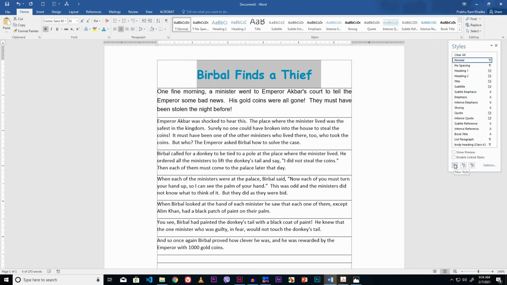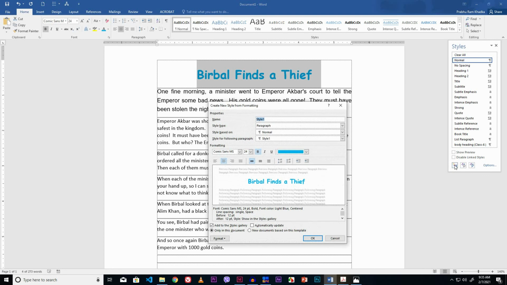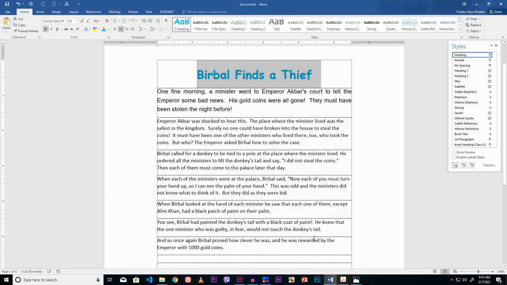Click the new style button from the styles panel. Now type the style name. I type heading. Now simply click the OK button. Now look here, the heading style has appeared in the styles panel.